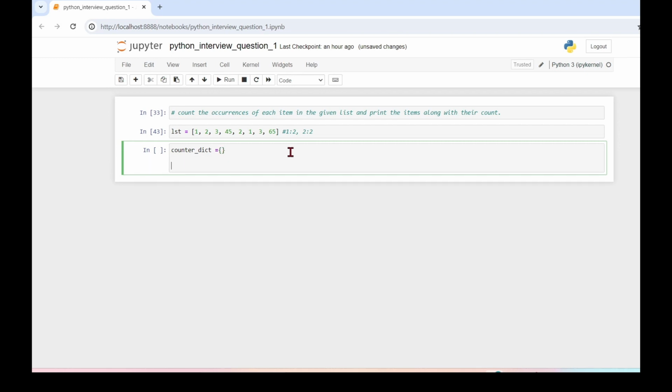Then I will iterate through the list, so I write for item in list. Then I will check if that item is already present in counter_dict. If it is already there, then I will increase its counter, else I will set it to 1. So let me write this down. If item in counter_dict,